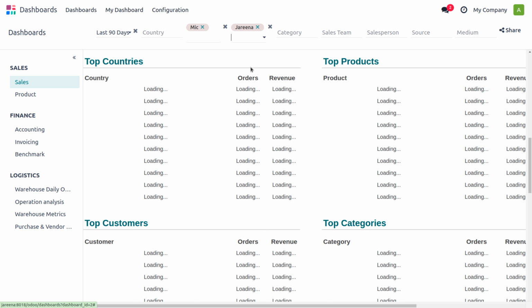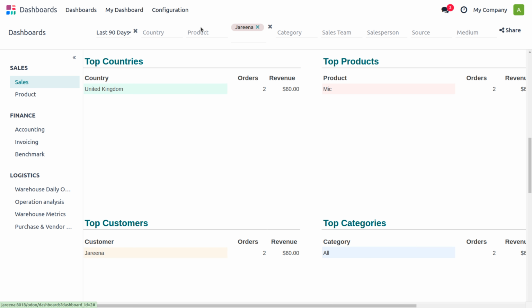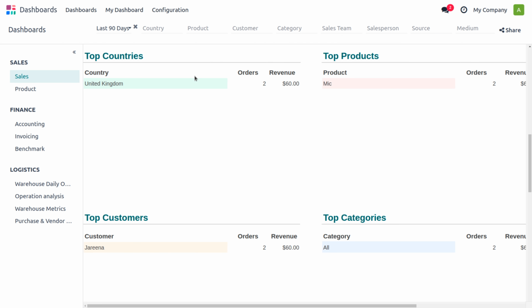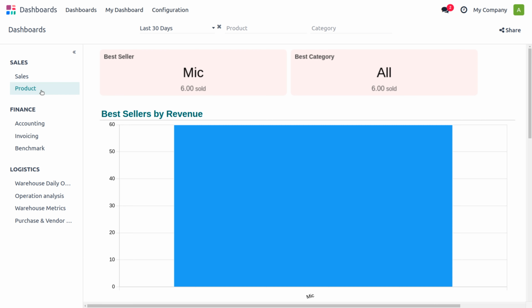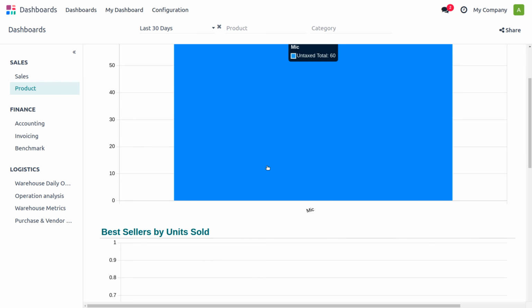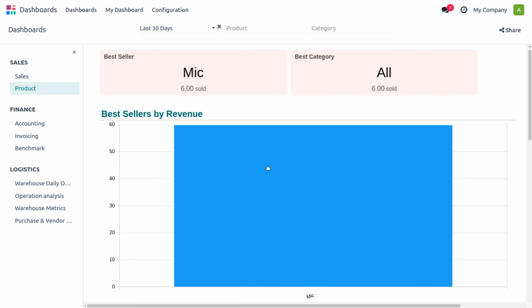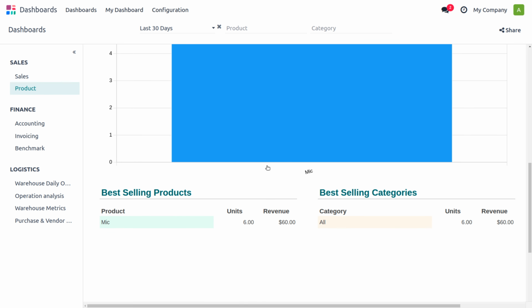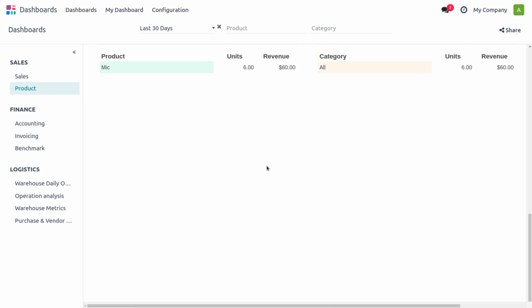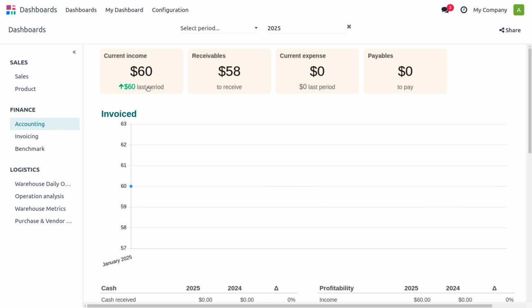And if you're providing the customer, you can also find the details over here. And if you're providing the salesperson or sales team, you can also easily get everything based on different filters over here. Now, if you want to find the products over here, you can also easily get that, and the best seller with the number of quantity that is sold with the best category. Now you can see the different representation of the product by the revenue as well as selling product by best selling categories and all.